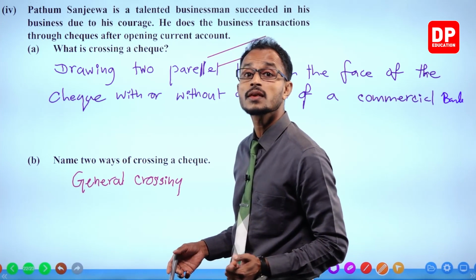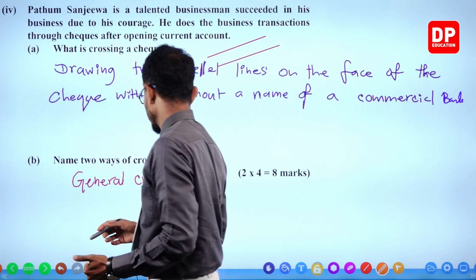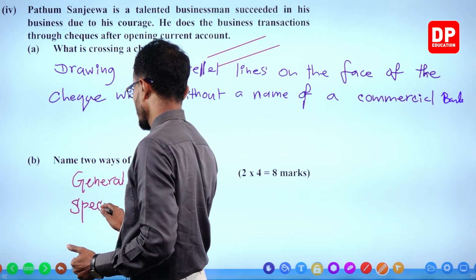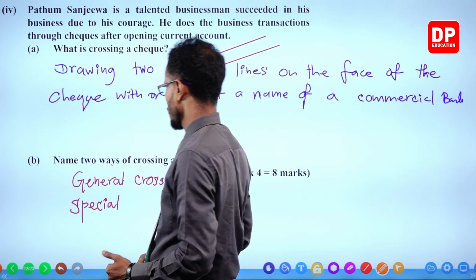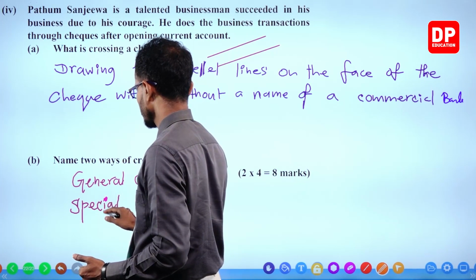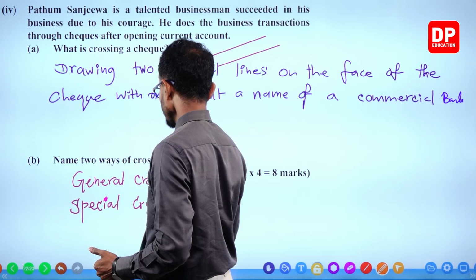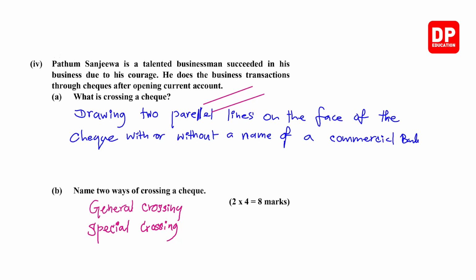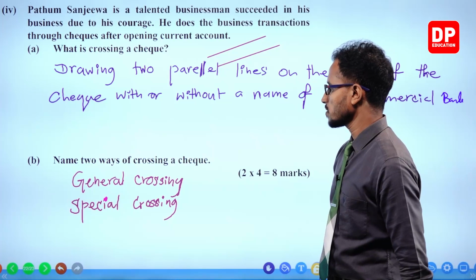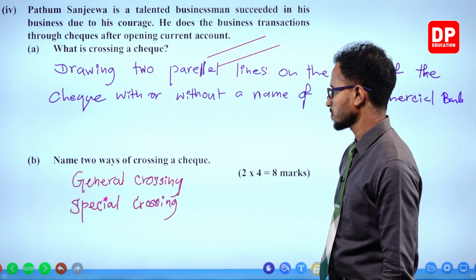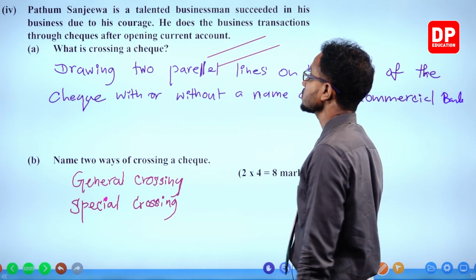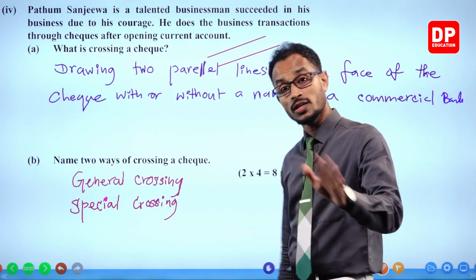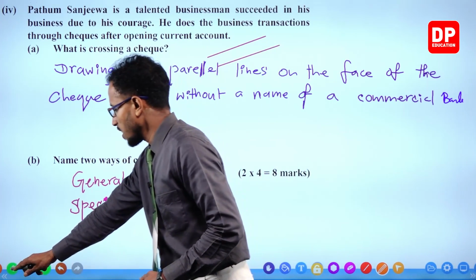General crossing and special crossing. That's it. Got it. We got it. The question is over. Let's see. We did